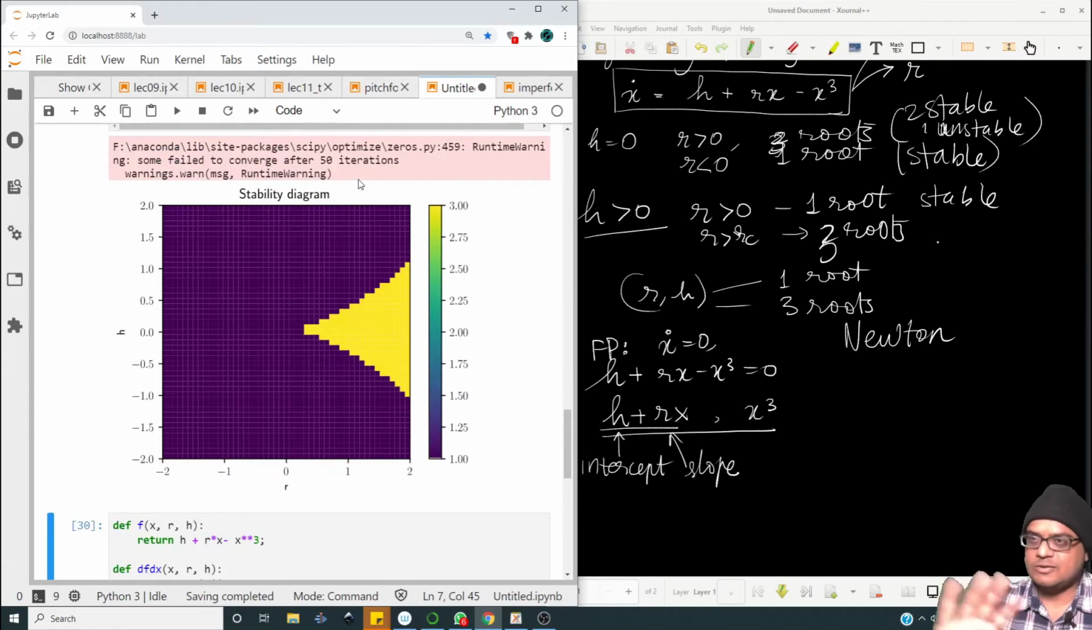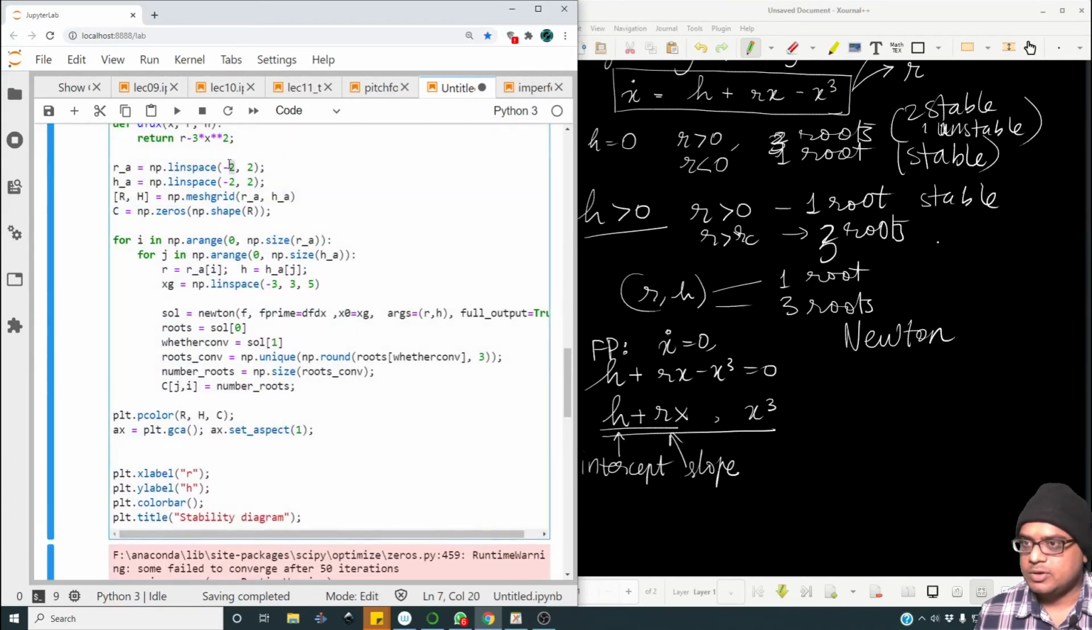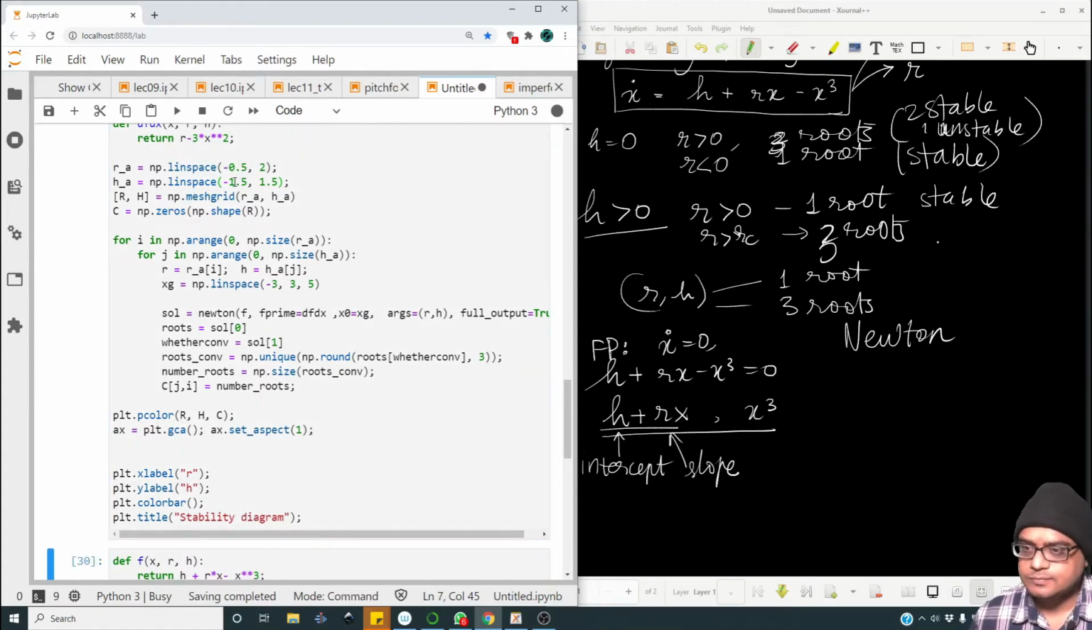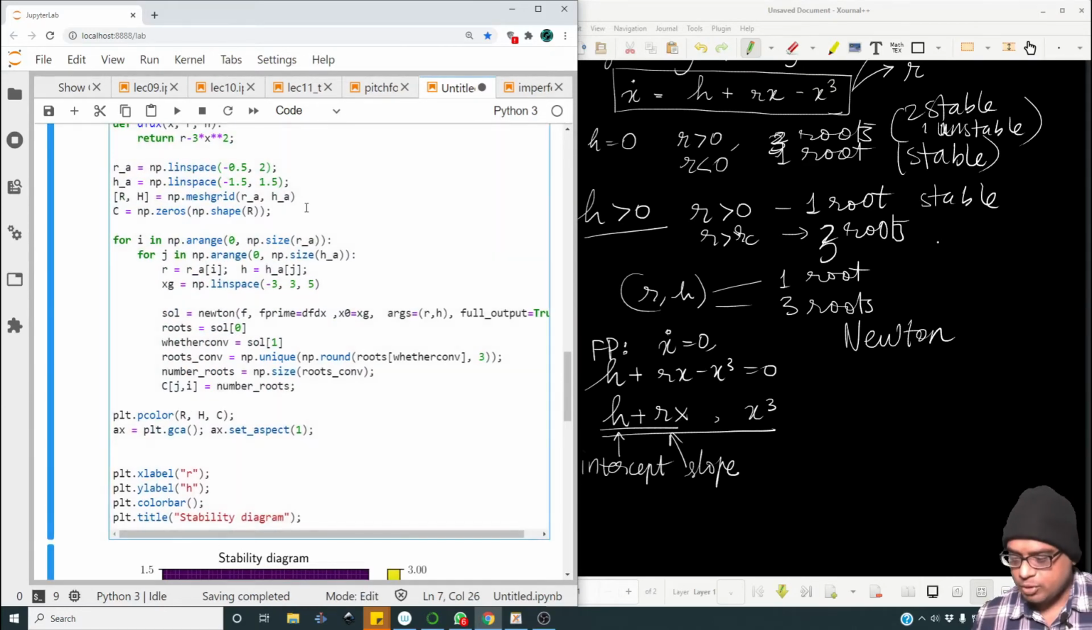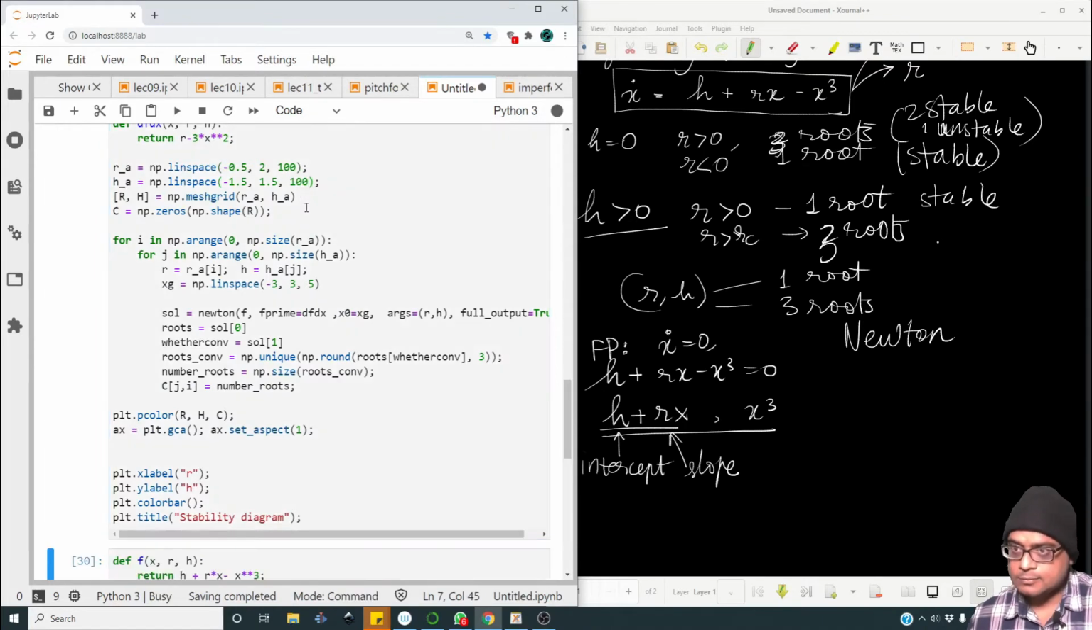Okay, so obviously there was some warning, but we ignore that warning for now. Maybe it started with this point where it is not able to converge. In fact, let us refine the grid. So we see that something is happening over here. So let us define the grid from minus 0.5 to 2 and minus 1.5 to 1.5. Let me run this. So let me refine the grid. Let me take 100 points. Let me run this, and